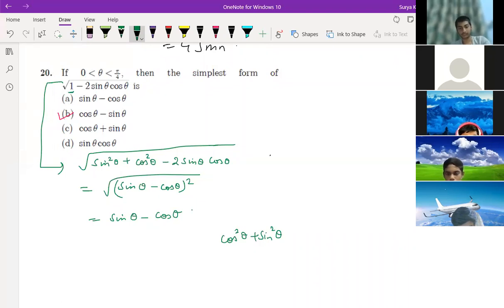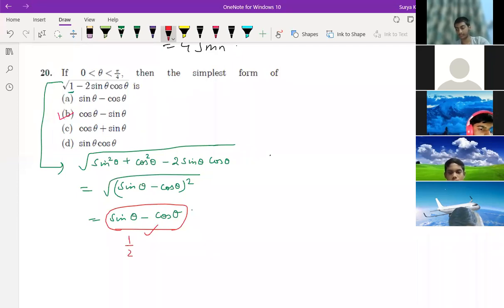Where is it given that cos theta is greater than sin theta? No. But it is given that pi by 4 value is 45 degrees. So theta is greater than 0 and less than 45 degrees. So for all the values less than 45 degrees, this should not be negative, right? So we just check with any value. We would check 30 degrees. Sin 30 value is 1 by 2 and cos 30 value is what? Root 3 by 2. So which is greater among these?